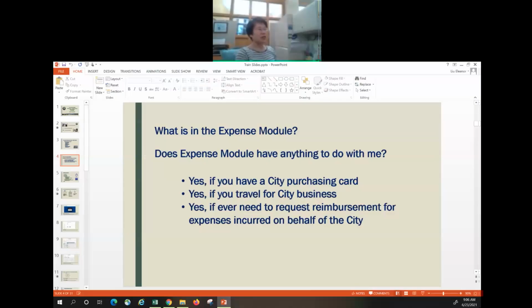Now, you might ask yourself, okay, what is this expense module? And what does that have to do with me? I hope by now, with all the emails and especially the last 2 emails yesterday, you know that you are being invited to this scheduled